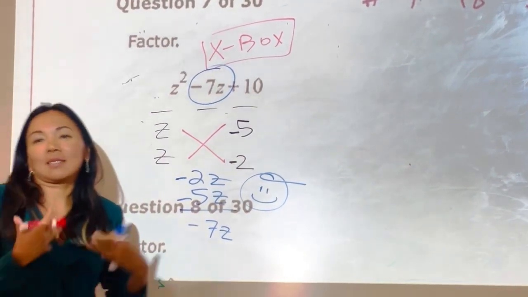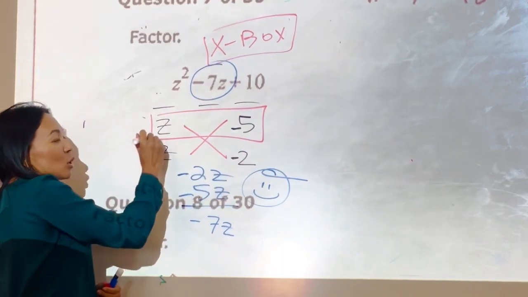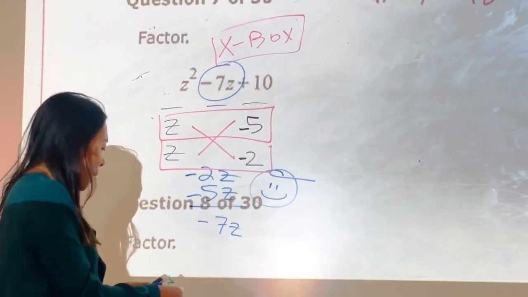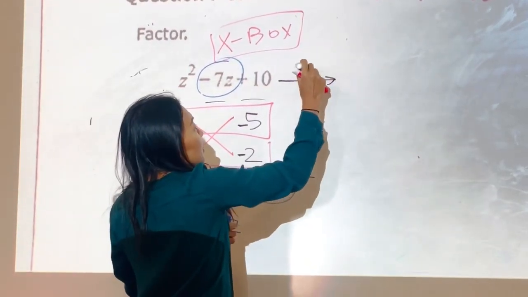And boxing is kind of like when you give someone a present, right? You draw a box, and then you draw another box. This is how you present your answer, right? You have these boxes. So when you want to factor this now,